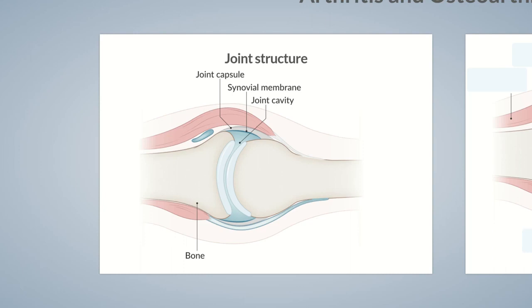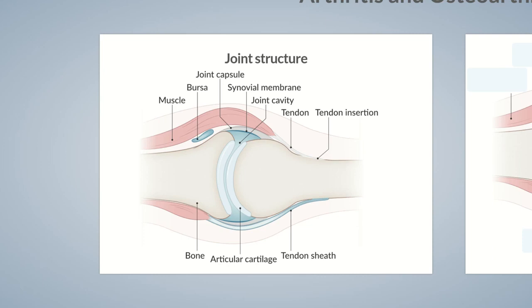The bone is covered with cartilage, which helps to reduce pressure between bones. Muscles are attached to the bone and help move the joint. At the end of the muscle is the tendon, which inserts into the bone. The tendon is surrounded by a tendon sheath, a synovial membrane layer that allows the tendon to stretch. Some synovial joints also have at least one bursa that acts as a cushion, reducing the friction between bones and muscles. Now, all of the structures mentioned represent potential starting points leading to disease processes, so let's look at them